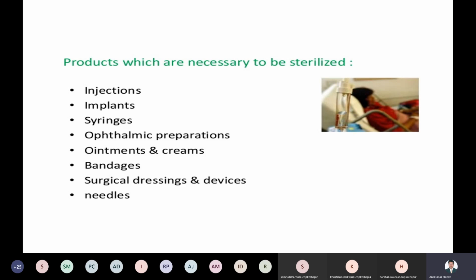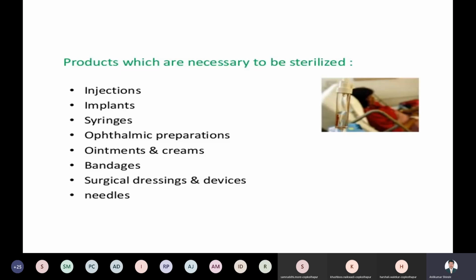The implant is implanted under the skin, then they cover the skin again, and the drug can release in a very continuous manner. That's why the implant is in direct contact with the skin. If the implant is contaminated, it will contaminate your skin and cause problems. Understand it? So implants should be sterile in nature.